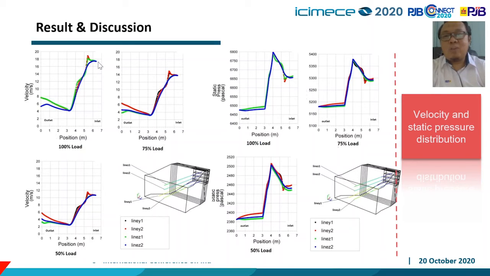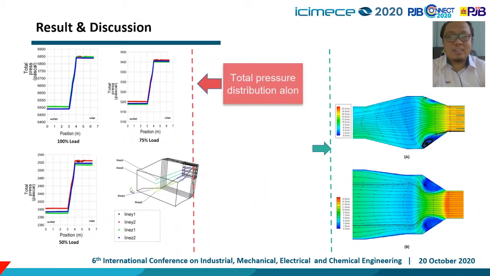The velocity is high when the flow goes to the inlet of the duct, because it has the smallest cross-sectional area, and then the velocity begins to decrease when the duct is enlarged, and the pressure starts to increase. This is a common phenomenon of a flow, and after it reaches the tube bank, the static pressure continues to decrease, and the velocity continues to decrease. It shows that this model can simulate the real flow characteristic in the heat exchanger.